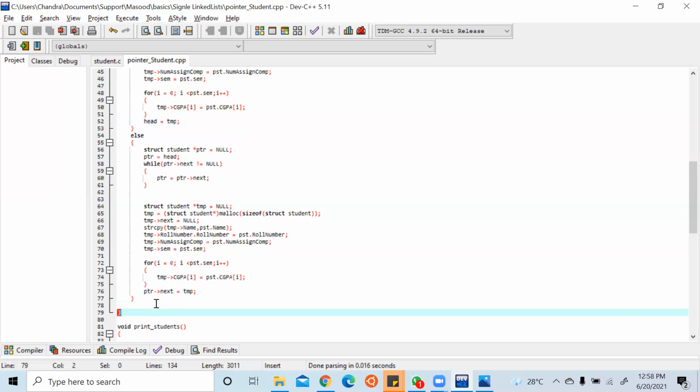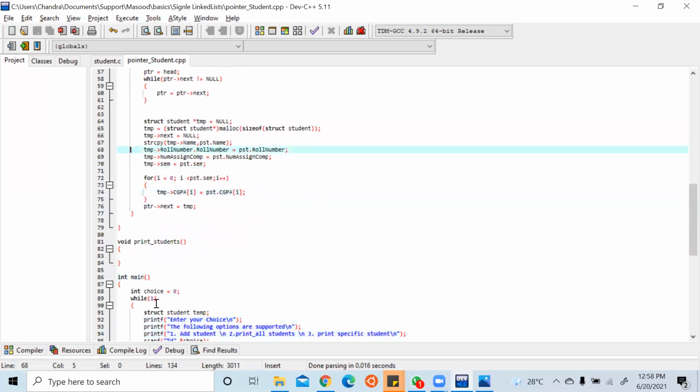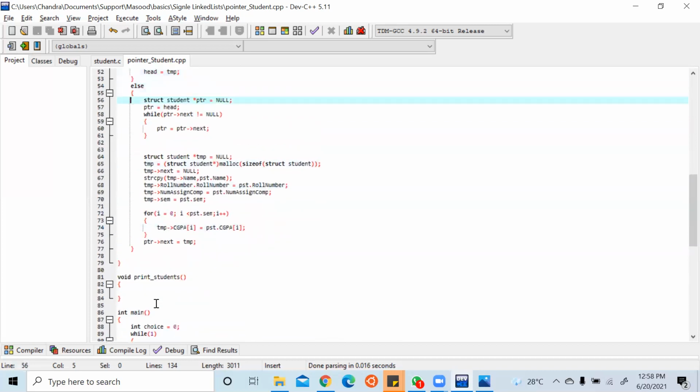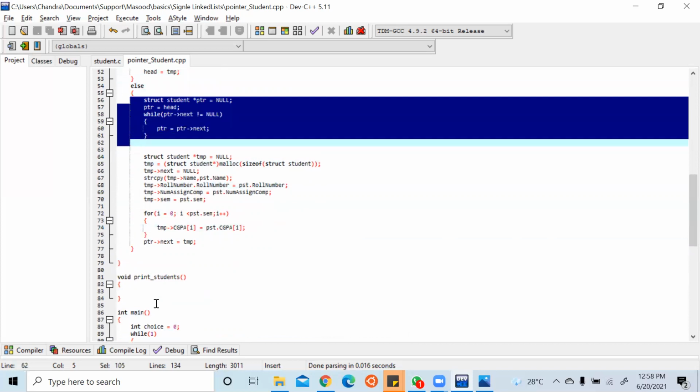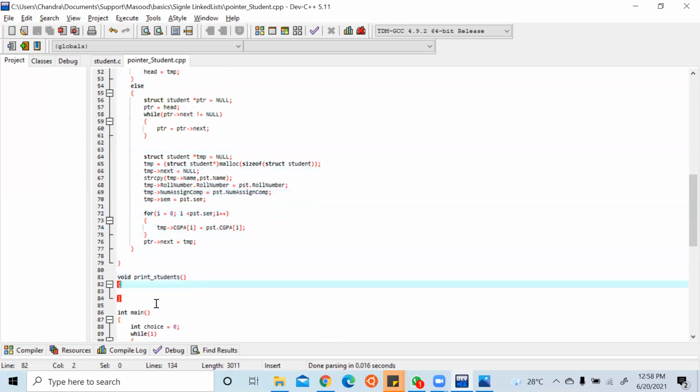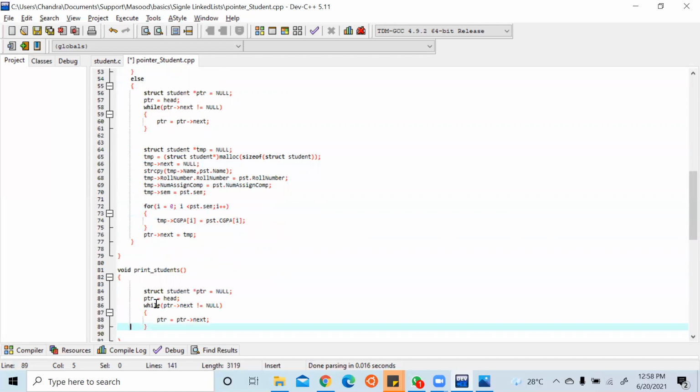Yeah, let us try to print the students now. How to print the students? It's easy. So I have a PTR and I have PTR assigned with head now. PTR is equal to PTR pointing to next. It is going. In between that, I will print it.